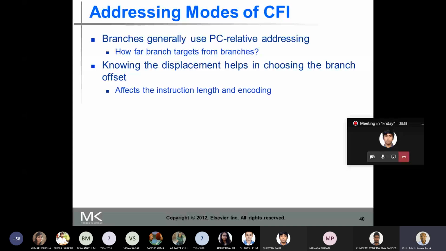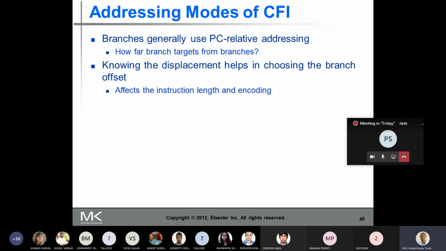Hello, sir. In the previous cases where register indirect is used, you told that the target address will be loaded into the register before the jump instruction is executed. How is that done, or who does that, sir? It is done while the program is running, dynamically.